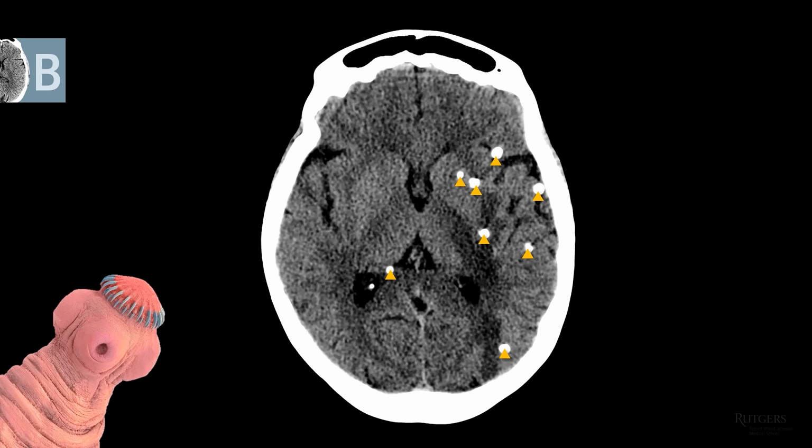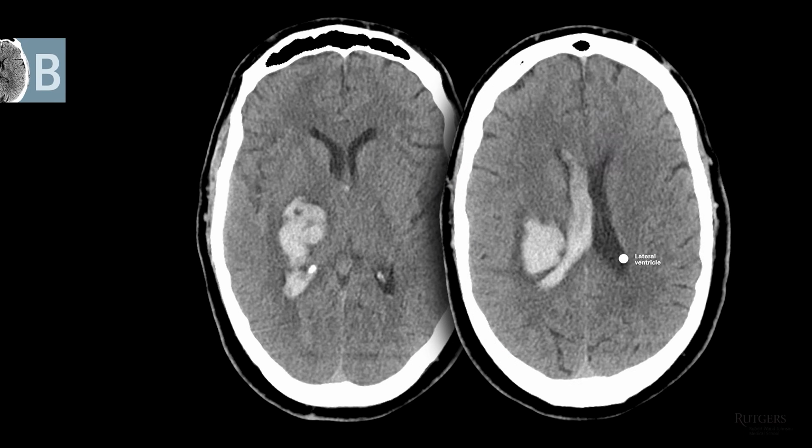This is a calcified scolex of the tapeworm Taenia solium. You probably know this disease by another name, neurocysticercosis. It's a common cause of seizures worldwide. On this image, the lesion is bright, but less dense and less bright than calcium and bone. This basal ganglia hyperdensity is an acute hemorrhage, with some intraventricular extension.